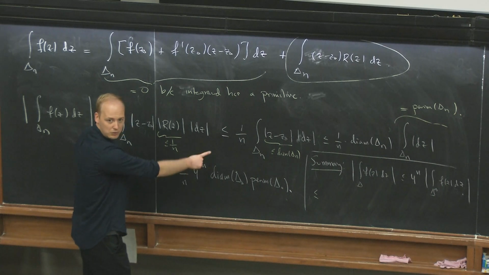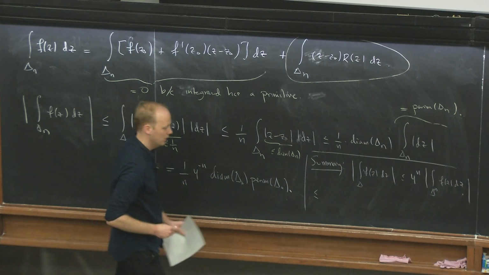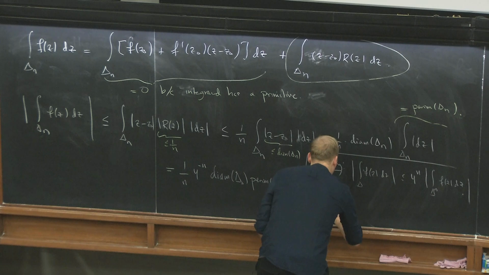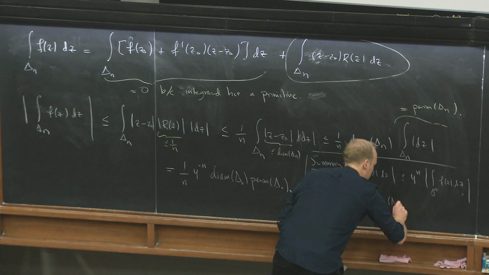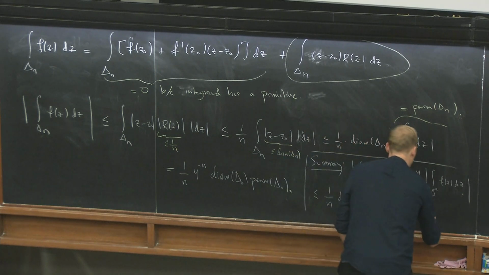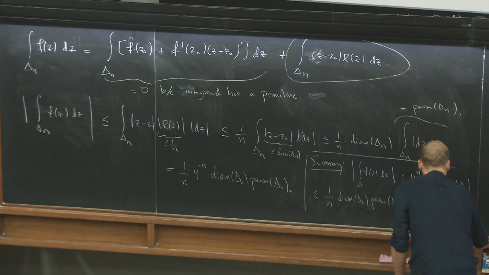So it will cancel out this part, which is then less than or equal to 1 over n times diameter of delta 0 times perimeter of delta 0. And this goes to 0 as n goes to